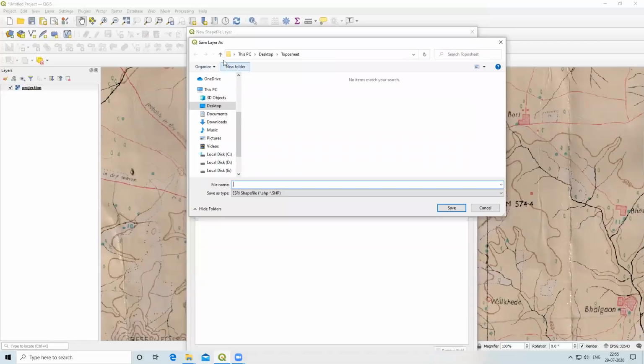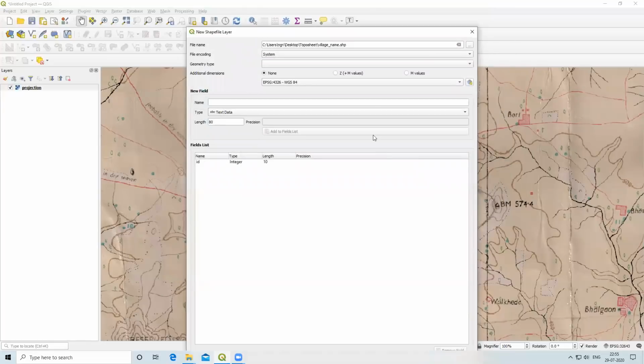So I will choose the folder, this topo sheet, and I will name it village name. And I will save. Now .shp file format is showing here. Geometric type is point.